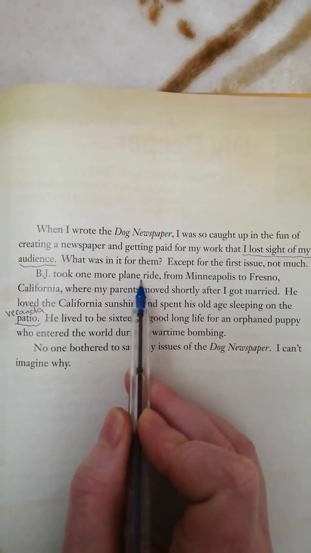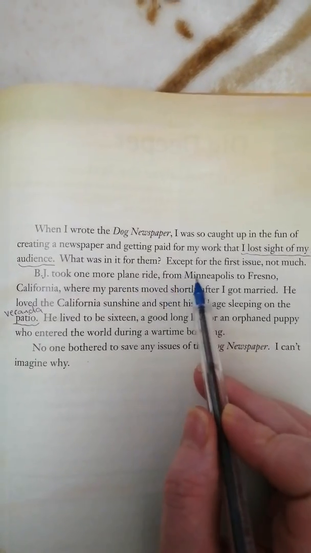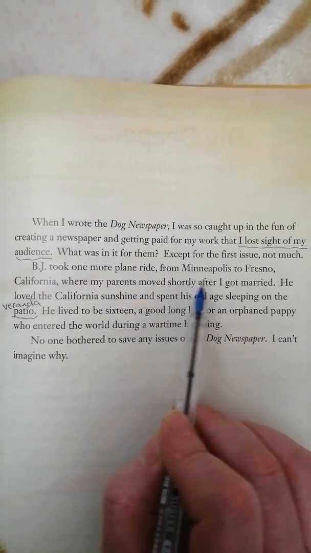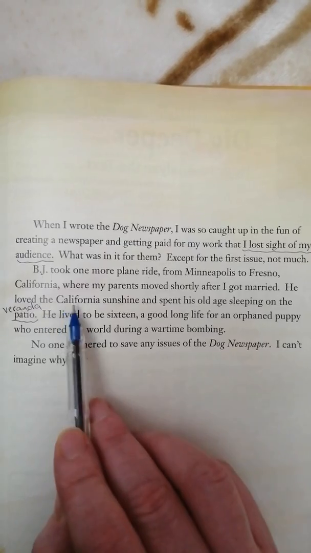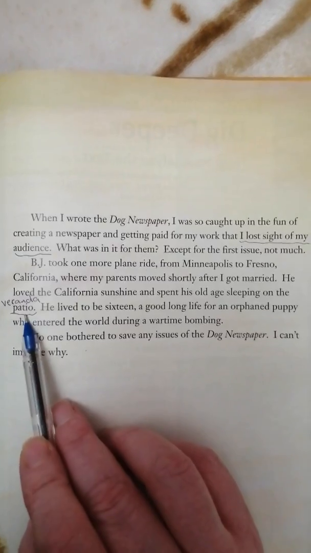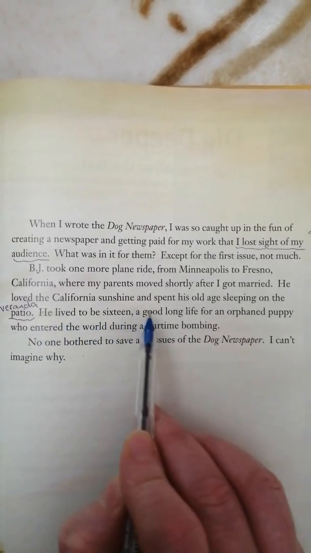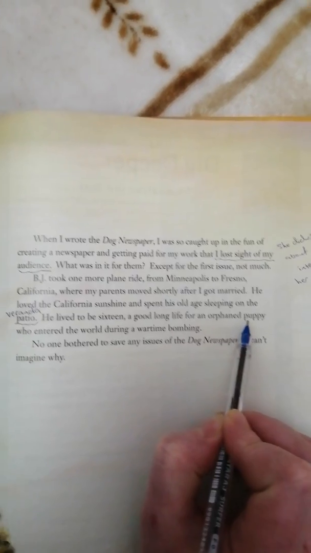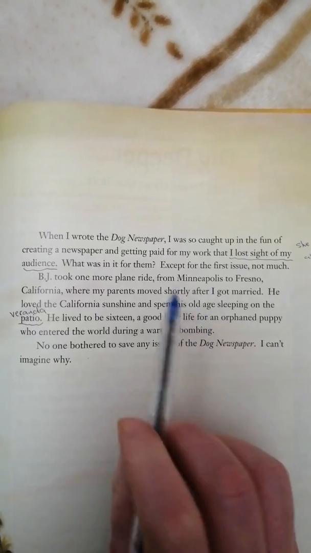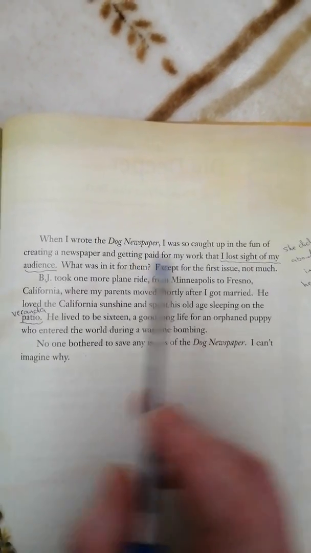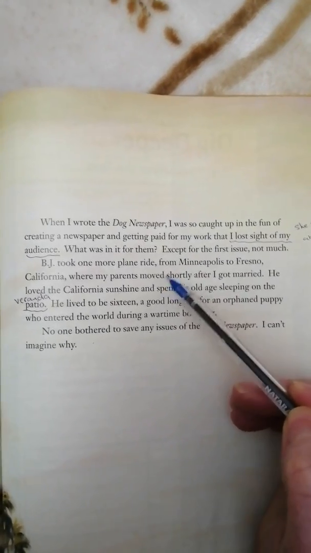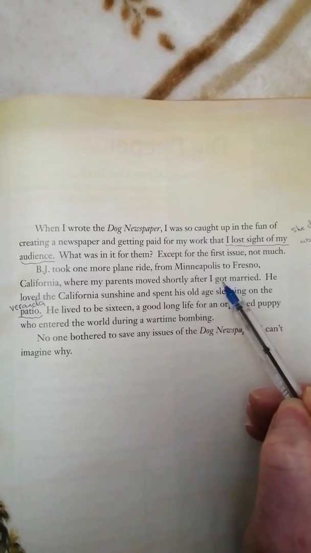BJ took one more plane ride from Minneapolis to Fresno, California, where my parents moved shortly after I got married. He loved the California sunshine and spent his old age sleeping on the patio. He lived to be 16, a good long life for an orphaned puppy who entered the world during a wartime bombing. Now you see, Peg skipped in her writing from age 10 till many years later when she got married, and